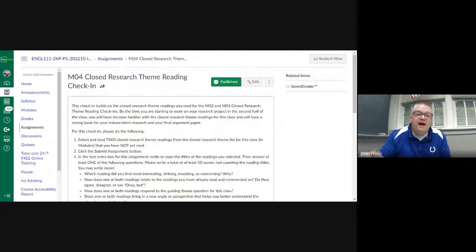Like I said before, the idea of this close reading check-in is just that we know that you're reading different texts, because there are so many different texts to be looking at and you're not very familiar with them. In the end, when you're trying to pick your idea for your research paper, this gives you more to work with, right? You're more familiar with more texts. Again, this is a completion grade, but some of you have done some really good in-depth thinking with some of your check-ins up to this point.